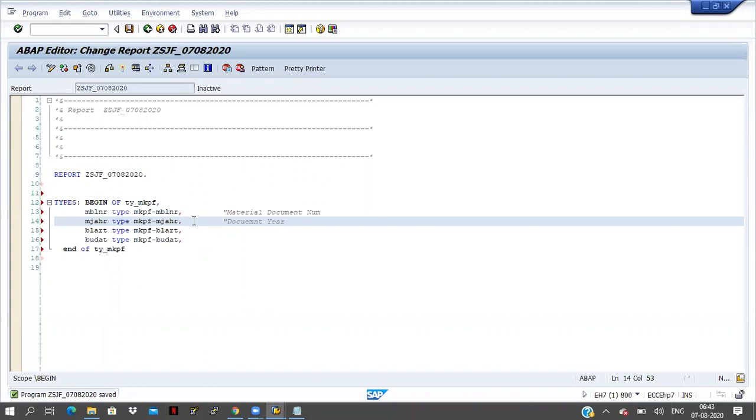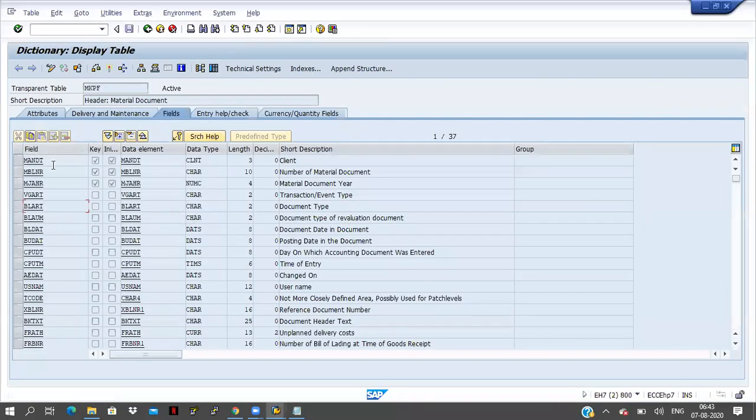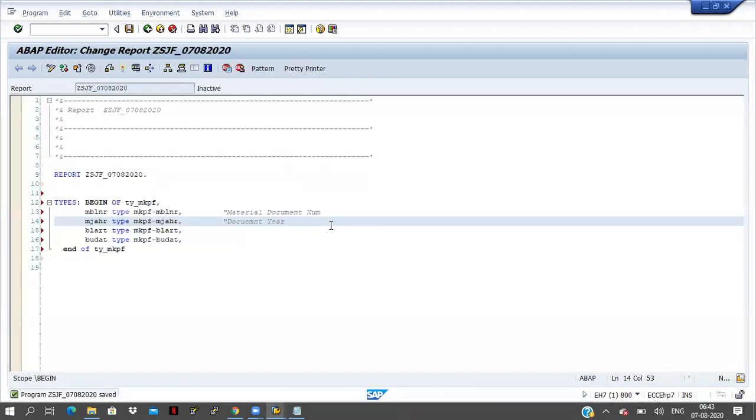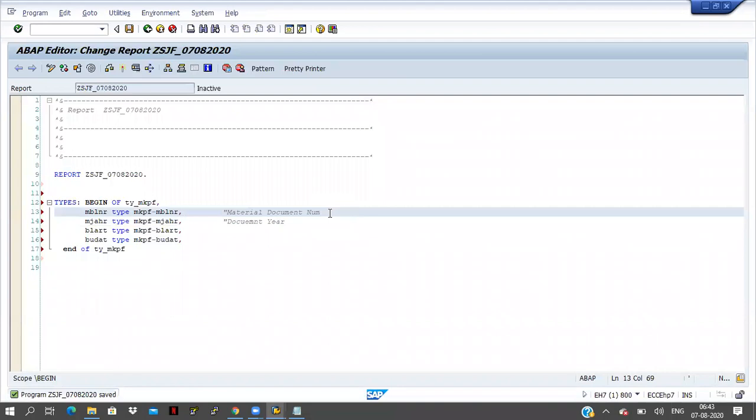So why is it coming like that? At the table level, these two are the key fields, MBLNR and MJAHR. This is the material document number and this is the material document year. What is going on here? For example, for the year 2020, the document number starts from 1, then 1, 2, 3 like that it goes on. The next year also, from January 1st 2021 onwards, the document number should start from 1 only, 1, 2,